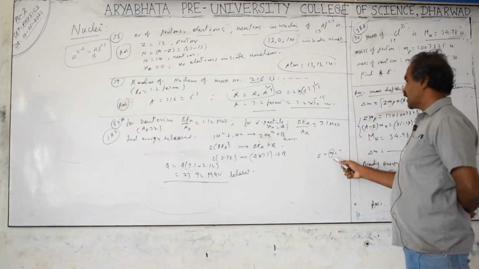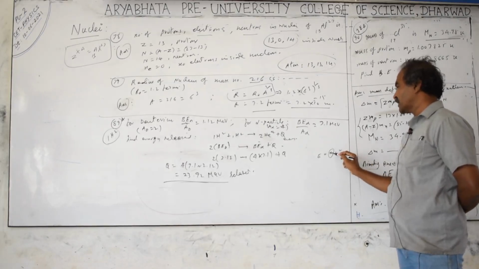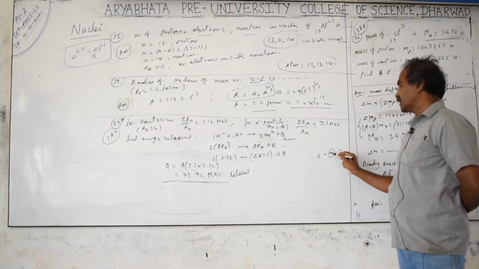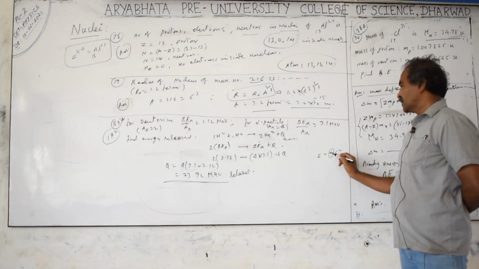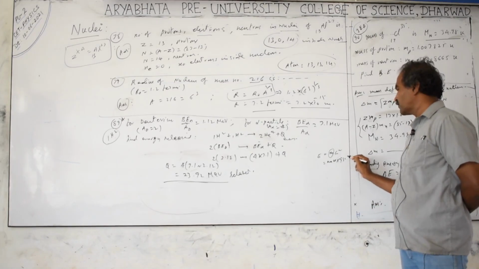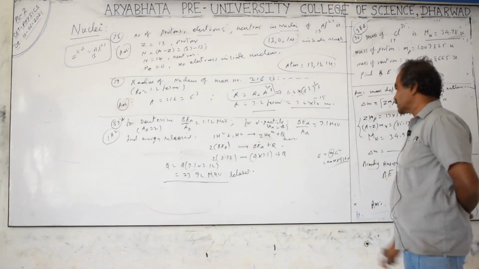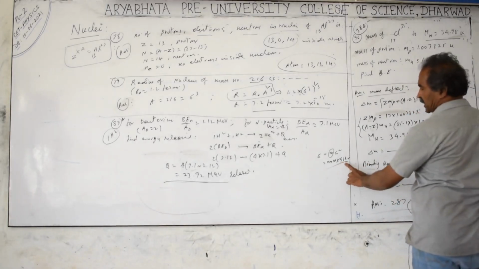And if you use the AMU, don't use c here. If kg is given, you take it as the mass in kgs, and then you have to use c equal to 3 × 10⁸ meter per second. If grams are given, convert into kgs. But if they give AMU terms, don't use c here. If they give AMU terms, use 931.5 million electron volts. So if they give in terms of the AMU, use the conversion into million electron volts.